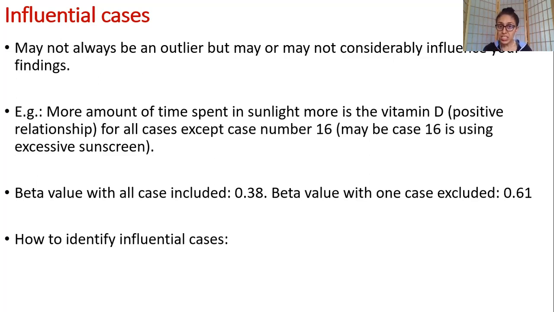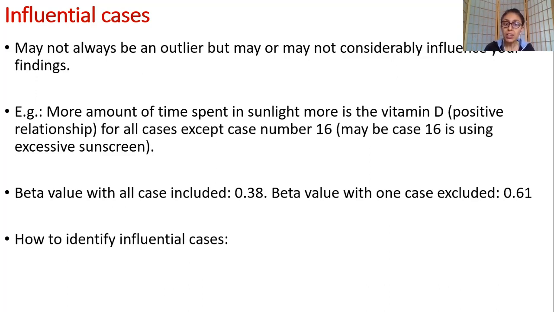Okay. So in this case, you have a very valid point to remove the case and redo the analysis, and to highlight in the discussion that you had one unique case who had this unique lifestyle practice of applying sunscreen 8 times in a day, in excessive amounts. And that is why her blood vitamin D levels remain low, even if she was exposed to the sun for most of the day. Does that make sense? Okay. So this is how this helps in investigating influential cases, investigating outliers.